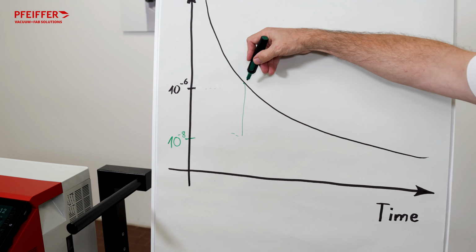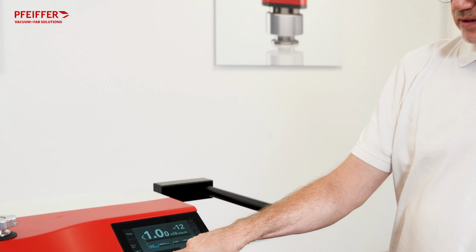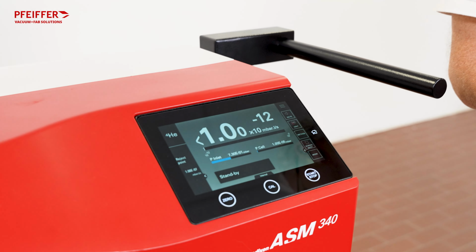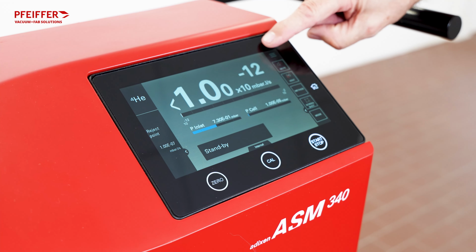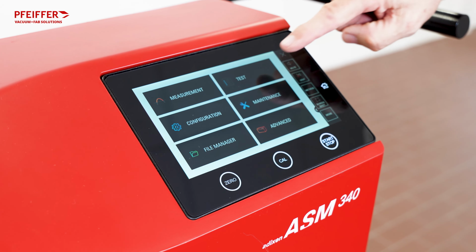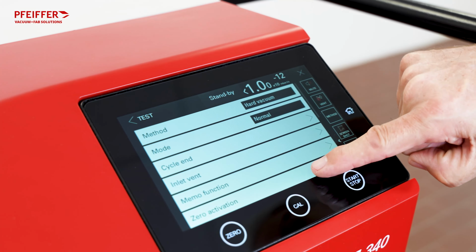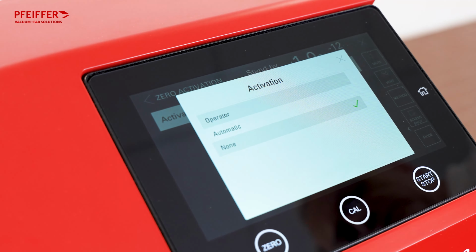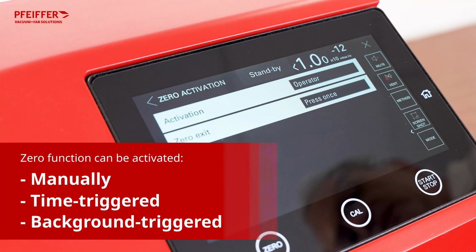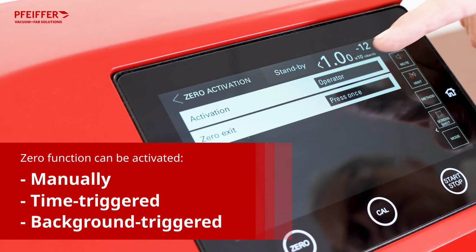Now let's get into action. As a user, you can decide whether or not you want to use this function. It can be deactivated, for example, if you need to provide a test report where only real data without any mathematical treatment are allowed. If you decide to use the function, it can be activated in a sub-menu of the test, zero activation, and I can decide whether I want to have manual activation and deactivation by the operator, or